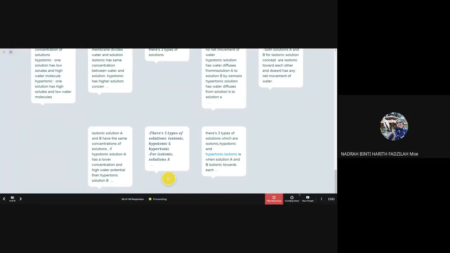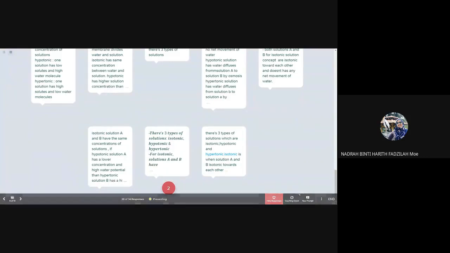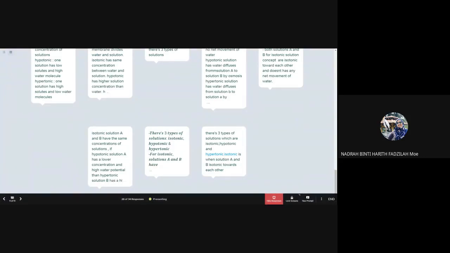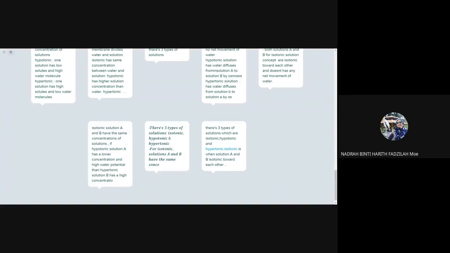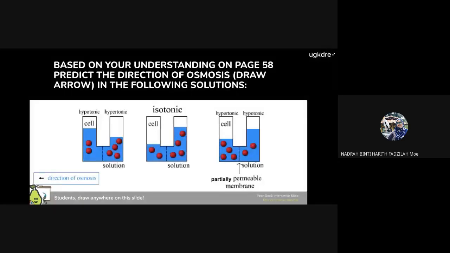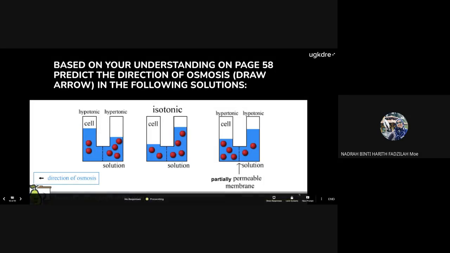So we want to apply it in a situation to explain the movement of water. Sorry ya sayang-sayangku, saya pergi ke slide seterusnya. Tak apa. All of you have given good understanding regarding the terms hypotonic, hypertonic,